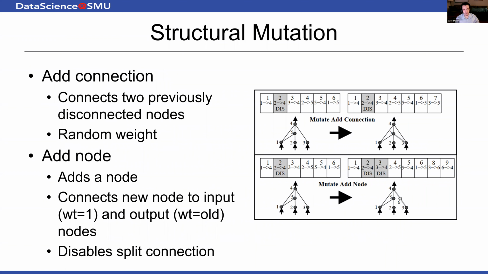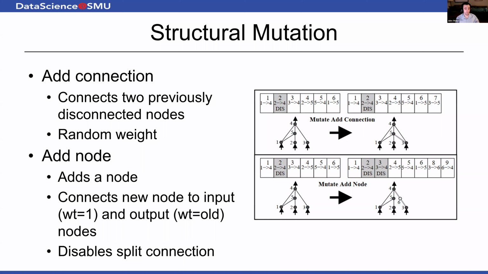As previously mentioned, the first method of topological evolution for NEAT models is mutation. Mutation can occur in 2 ways. The model can either add a connection, shown in the top half of the figure, or a mutation can add a node, as shown in the bottom half of the figure. When a mutation results in an added connection, the model connects two previously disconnected nodes and adds a random weight to the connection. In the top example, nodes 3 and 5 are connected to each other. Chromosome 7 is then added to the chromosome list above the network diagram, showing the connection from 3 to 5. I use chromosome and gene interchangeably.